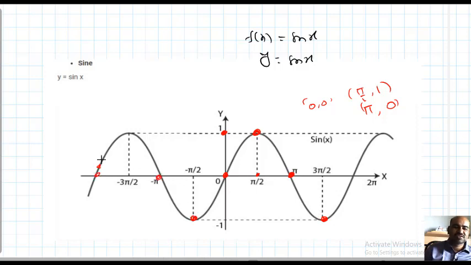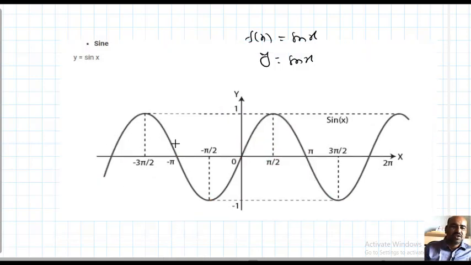If all the points are taken, I just took here only 0, pi by 2, 3 pi by 2. In between 0 to pi by 2 there are infinitely many x values. For this x, the corresponding y is here; for this x, the corresponding y is here; now the point is here. For this x the corresponding dot is here. So if all the dots are joined, you will get a graph. The graph is nothing but this. So this is said to be the graph of the sin function.